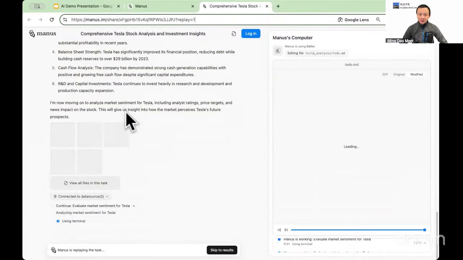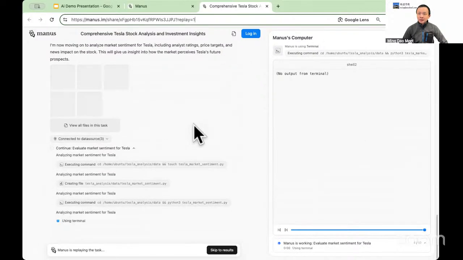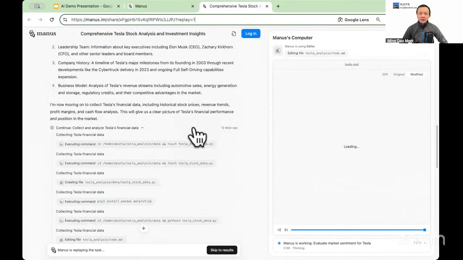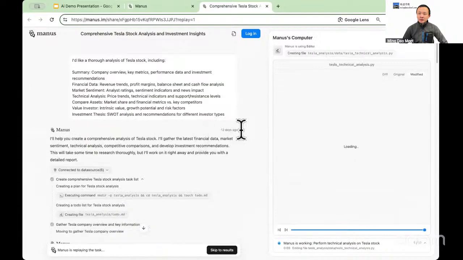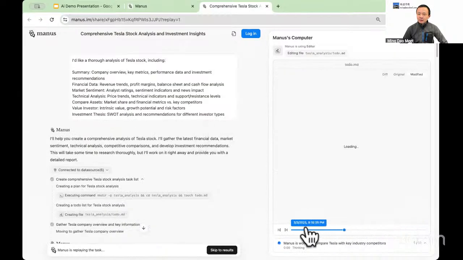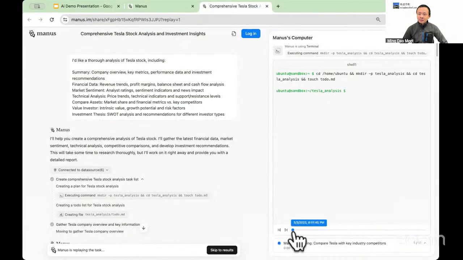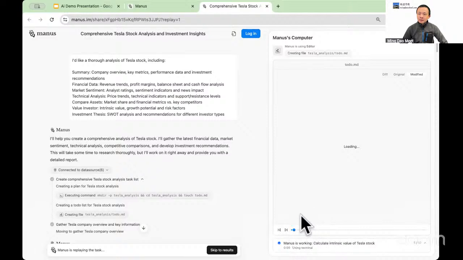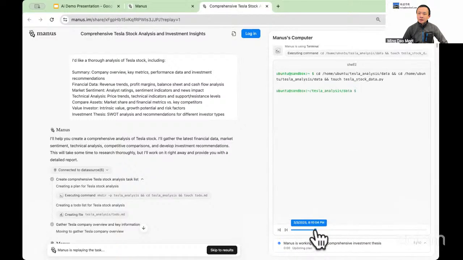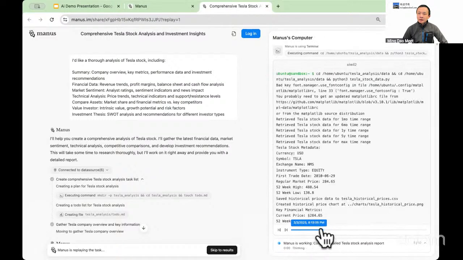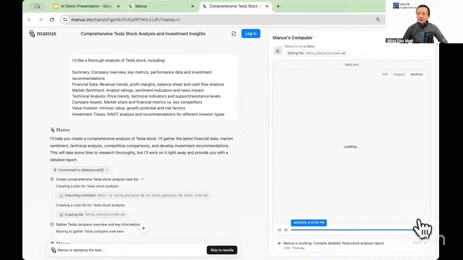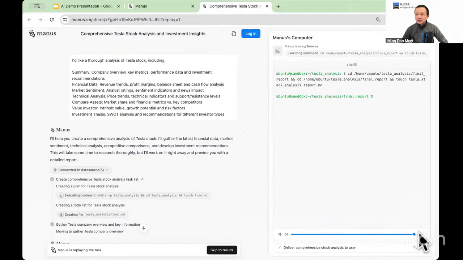What's unique about the demo is there are a few things. One is at the beginning, if we look at this, it's retrieving.